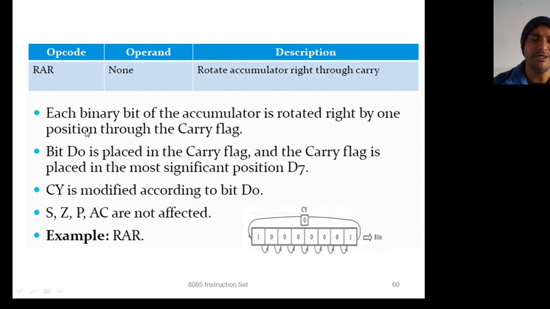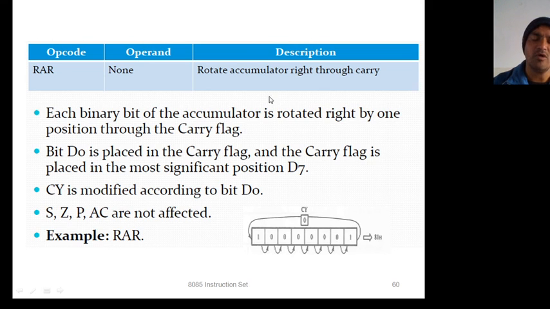Bit D0 is placed in the carry flag, and the carry flag is placed in the most significant bit. Suppose the value is 10AA. After applying this instruction, the value will be 81H, and the value of the carry flag will be 1, because this 1 is shifting here.